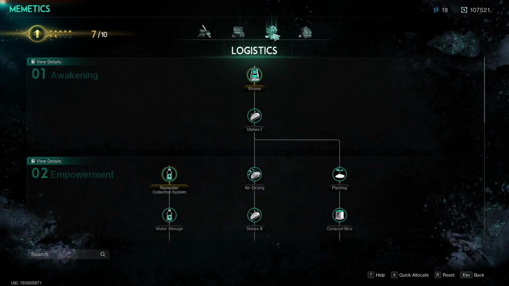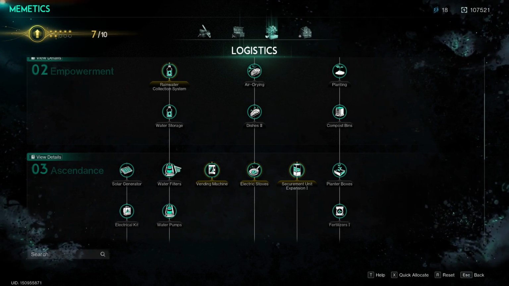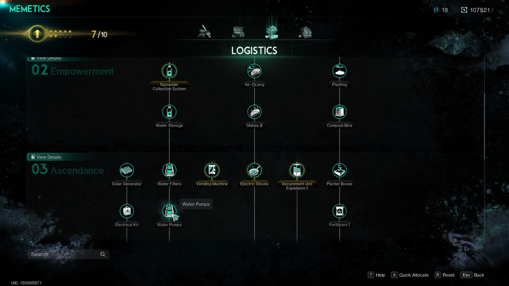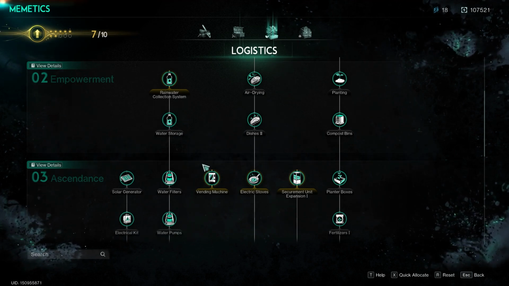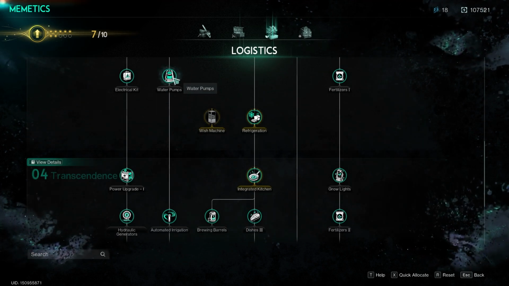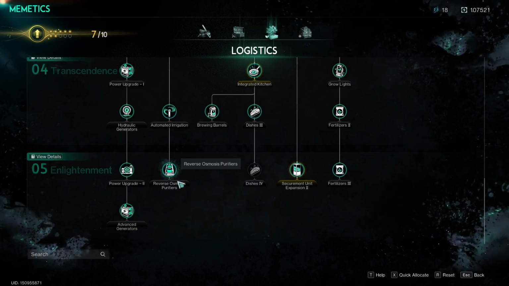We're going to head over to logistics in your memetics, and we're going to go down to what we see, water pumps. So we're going to start off, we've already had all these unlocked. We're still going to be using water storage, which is still valuable, but we're going to be using the water pumps, the irrigation. We're going to show you how to set that up, and we're also going to be using